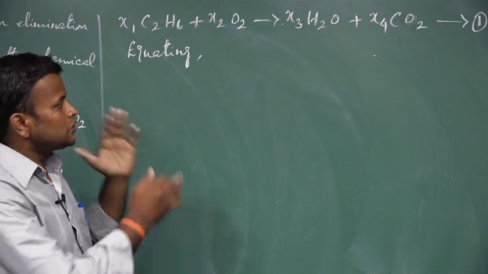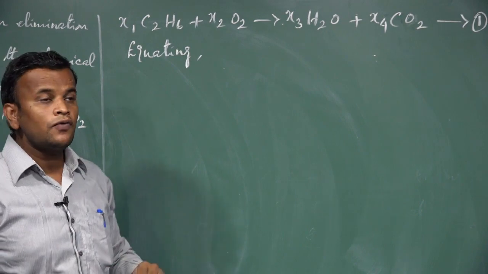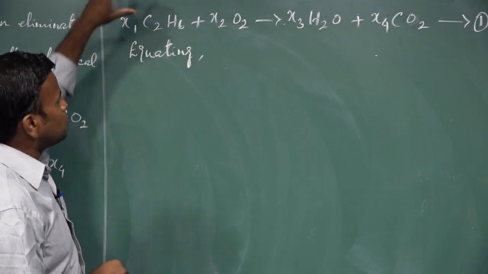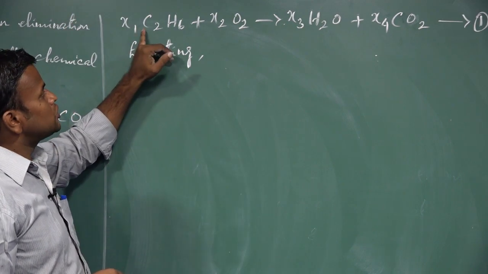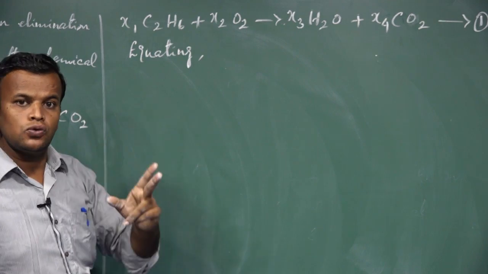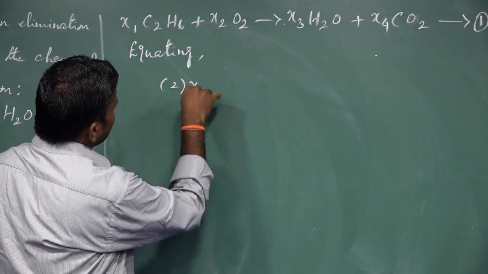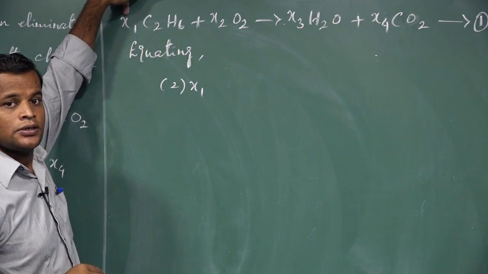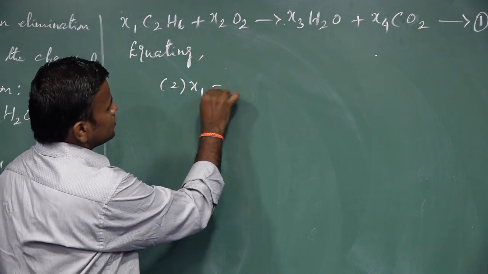First we form the system of equations, by equating the number of carbons, hydrogens and oxygens. First of all we take the first letter, C. How many carbons are in the first term? There are 2 carbons, so we write 2 times x1. We don't have the value of x1, so 2 times x1 is equal to